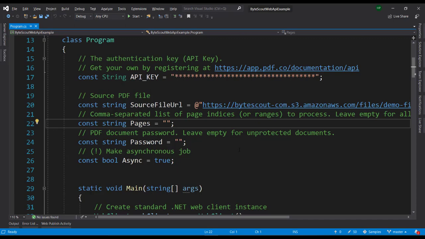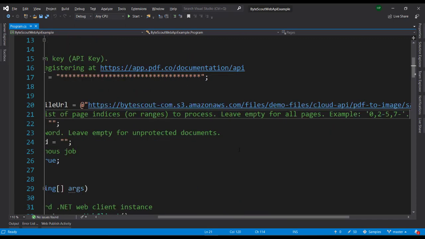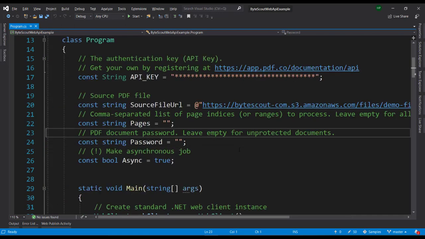If we want, we can specify the page numbers here, for example, which page numbers you want to convert to images. For example, 0, 1, we can provide in comma separated format, or if we want a range, we can give something like 2-5, or if we want all the pages after a certain page number, we can do it this way, like all the pages after 7.